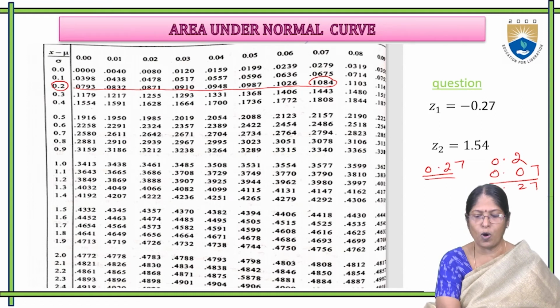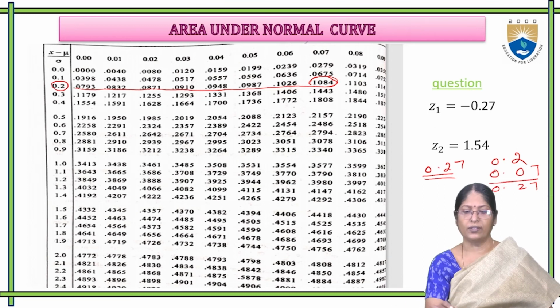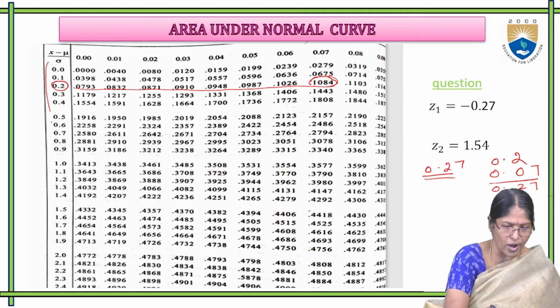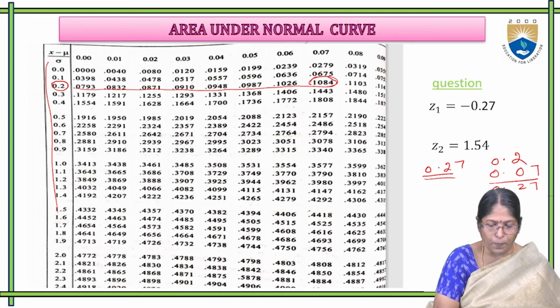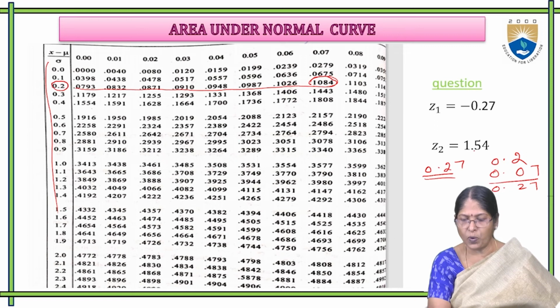So 0.1084 is the area at this particular point. These are all our points, Z1, Z2, Z3, and these are their complete areas. Next one is